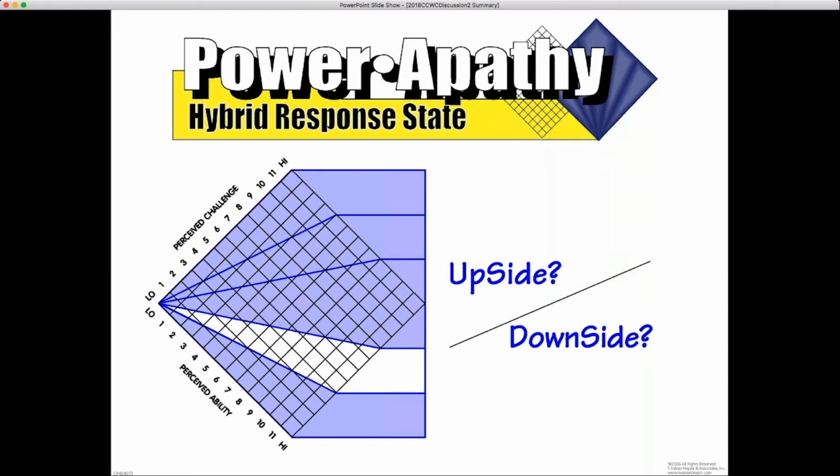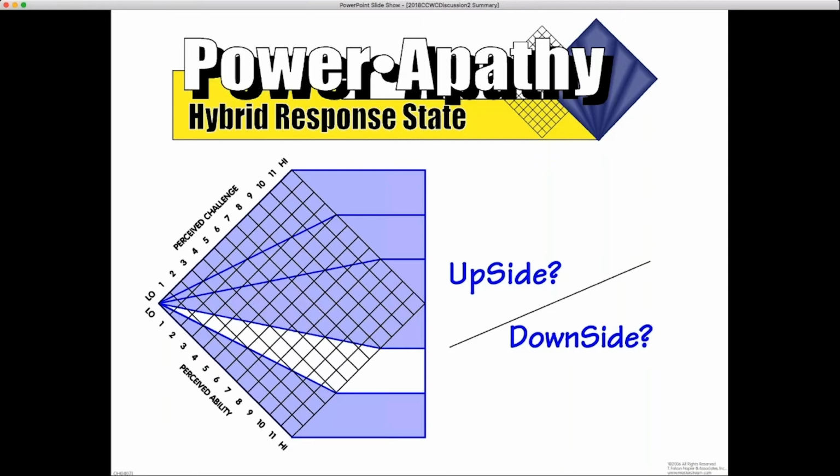Yeah, I mean, the activities that fall here are activities that tend to be routine and repetitious. So I always point at stuff around the house, the laundry, mowing the lawn, things like that. It's like I have plenty of ability to do it, but if someone else wants to take it off my hands, have at it. So that's an upside, that we've got plenty of ability to do it, and we can do it without a ton of thought.